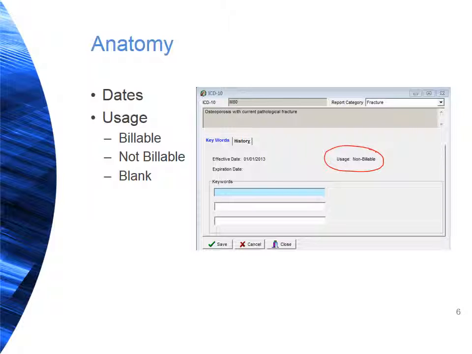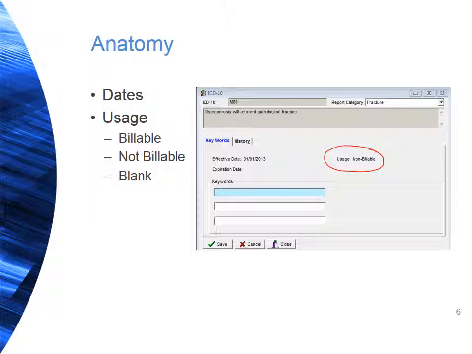ICD-10 codes also feature an effective and expiration date along with a usage field. These three fields are populated from the published ICD-10 code set and maintained by TriTech through Industry Service Pack updates. The usage field identifies to a user whether an ICD-10 code can be billed or not. In the future, the ICD-10 code set will be used for other types of documentation not directly used in the billing process. The ECM and form generators will ensure that only billable ICD-10 codes are used when printing 1500 forms